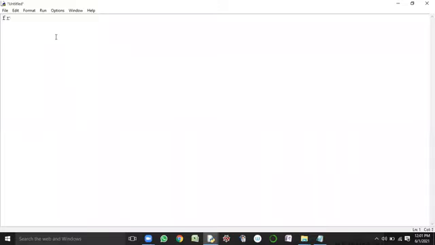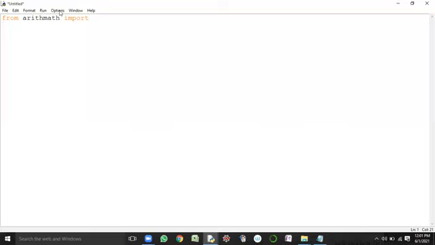So first of all, we will use the from keyword. From should be used, followed by a space, followed by the name of the module. So what's the name of the module? Arithmetic is the name of the module. Then again give one space. At least one space has to be given, and then specify the second keyword.